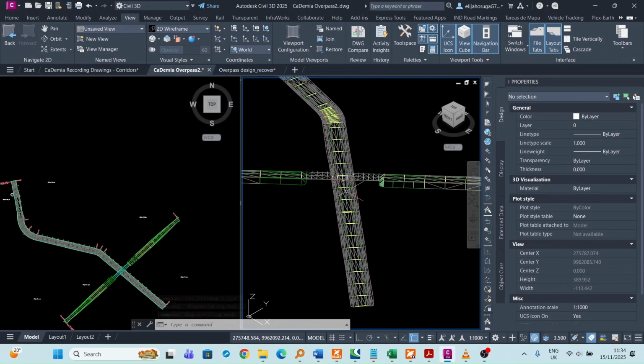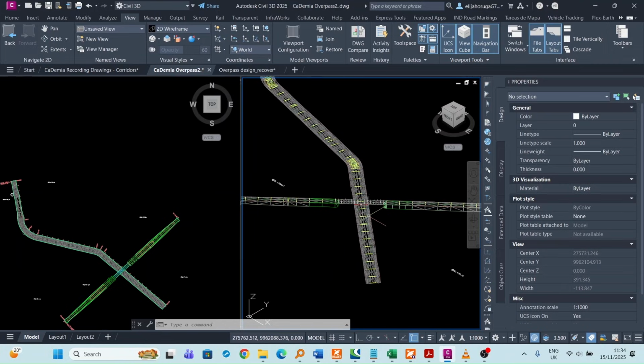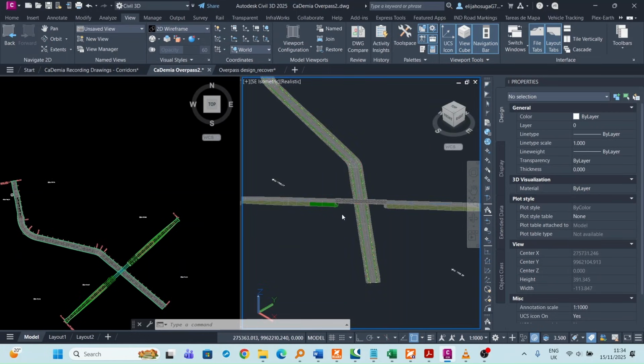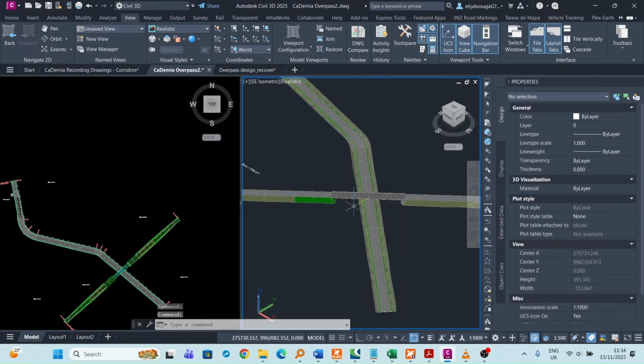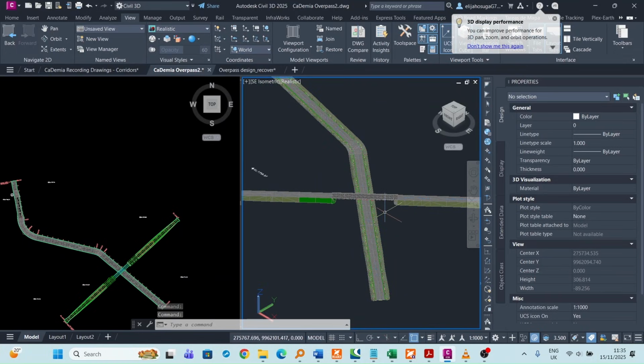So you can see we have a corridor. So let's just put it to realistic. See what's happening. So there we go. We can see our 2